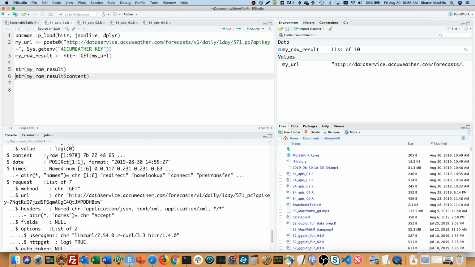But you can see that it's in a raw format looking almost like binary data. Fortunately, the HTTR package makes it easy to convert from raw to a usable format with the content function.